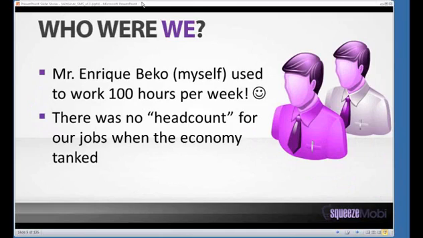So with that being said, who knows me, myself, and I, Enrique Becco, or the SqueezeMobi crew? I see a lot of people on here are familiar names. Some people are not. So I think we have quite a bit of people here that are not yet. I do see a couple of people that do not know myself. All right, so let me go through this just in a couple minutes so that we could jump right into it. All right, hey Godfather of Salsa, how are you doing?